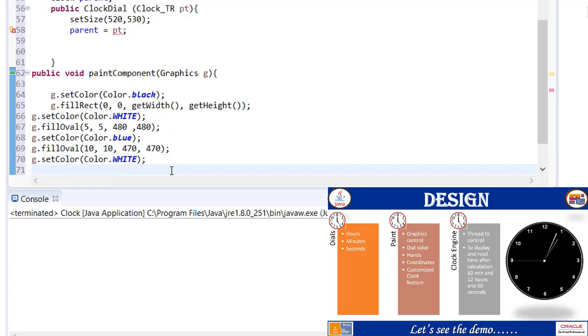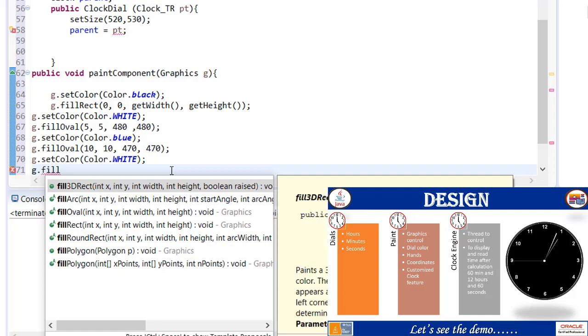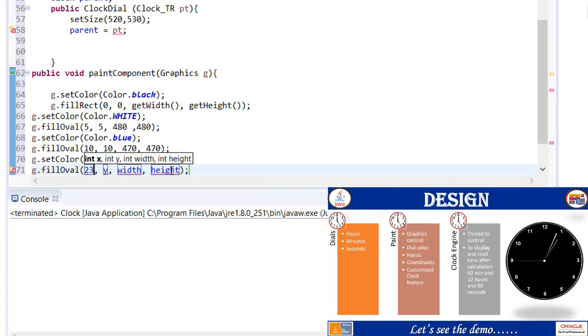And then we need to give the coordinates, which this time will be a little different and a little odd to make it. Now once this is done,